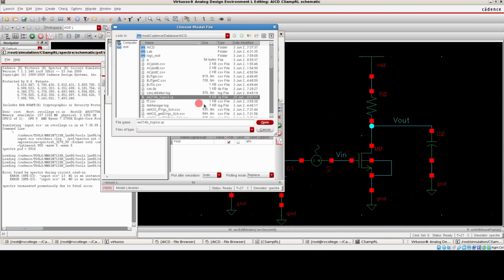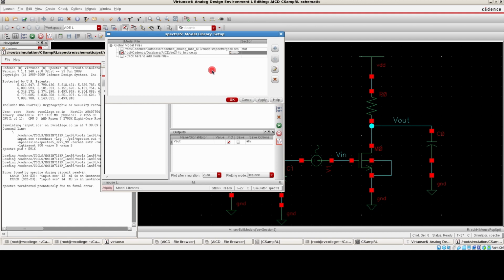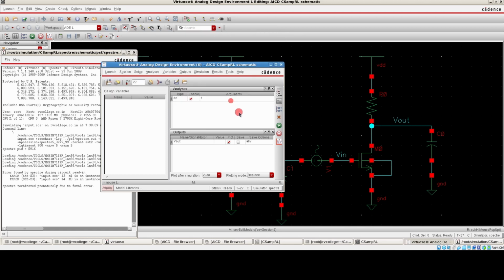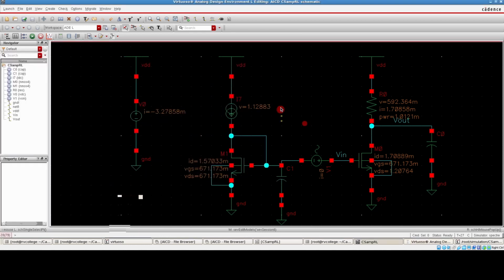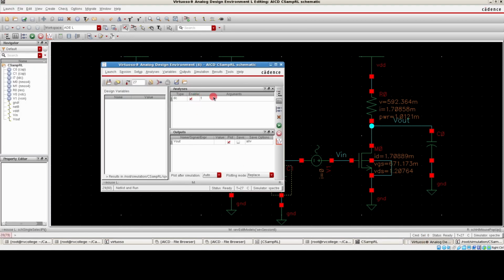Okay, so pick that and click open, and there won't be any section here, so leave this section blank as it is, and ensure that you have enabled only that particular model file and disable any other model file that is enabled by default. Okay, just click OK, and once this is done, you just click on this play button, and it will not show up any kind of result for us, just because we are not sweeping any X variable here. Okay, the next thing is we also have to perform an AC analysis.